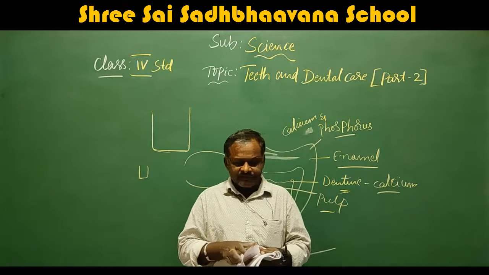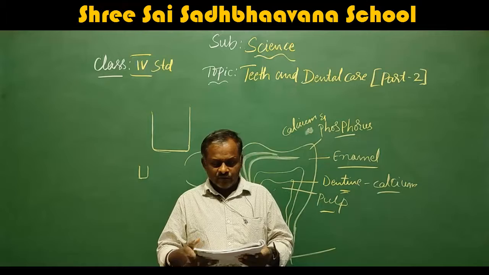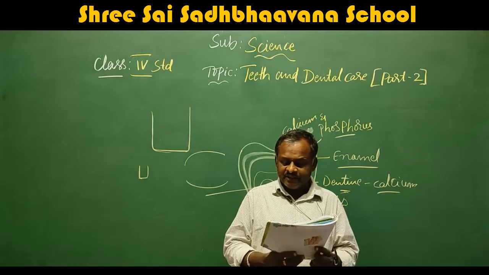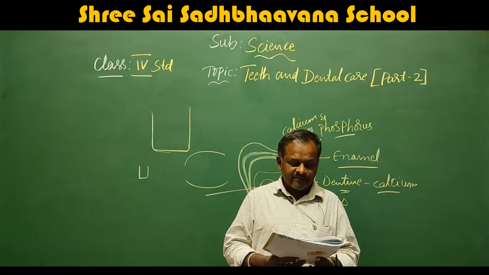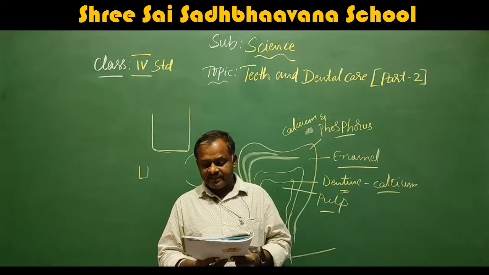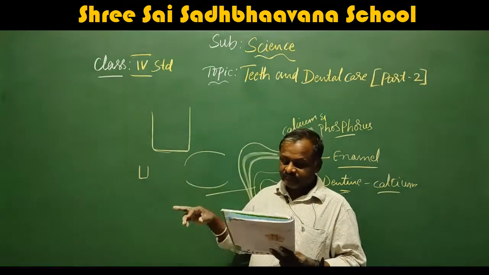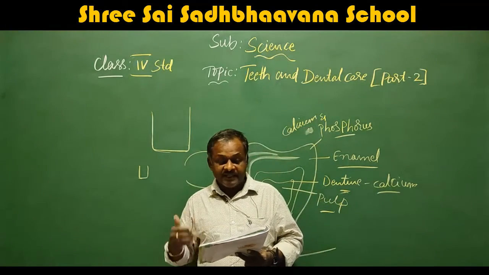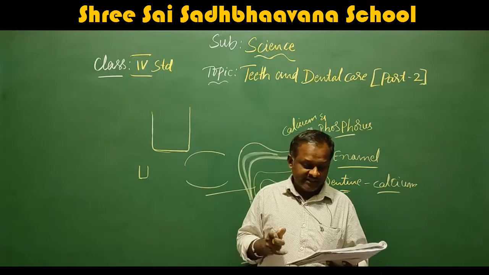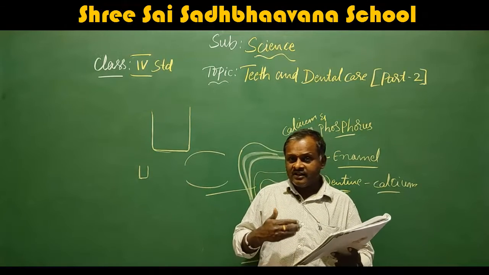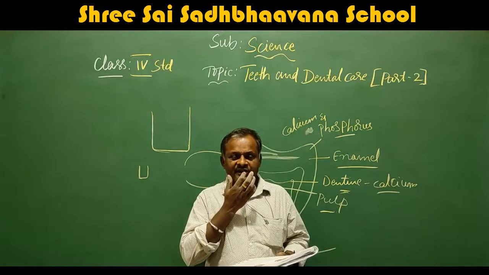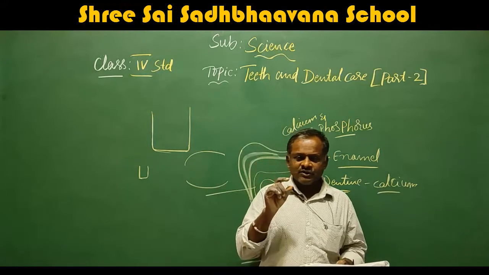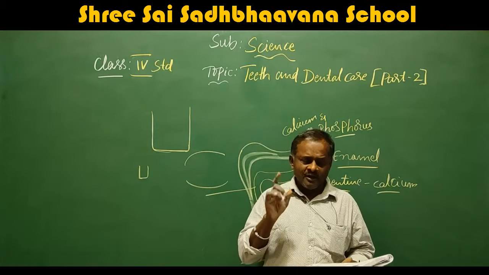So this is about the types of teeth. Once again I will read. Incisors are the 8 teeth in the upper front and front bottom of the mouth, 4 on the upper front and 4 at the front bottom. They are shaped like tiny chisels with flat ends. These teeth are used for cutting and chopping food. They are usually the first teeth to erupt. That means they are the first teeth that grow in our body, starting at the top or the bottom.